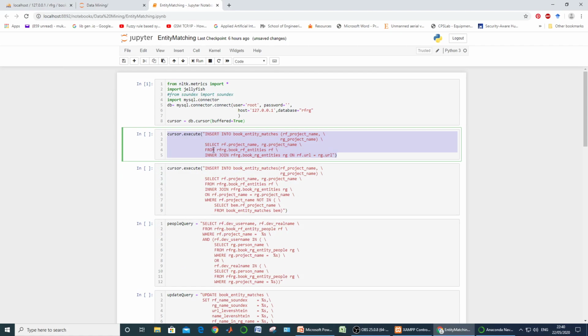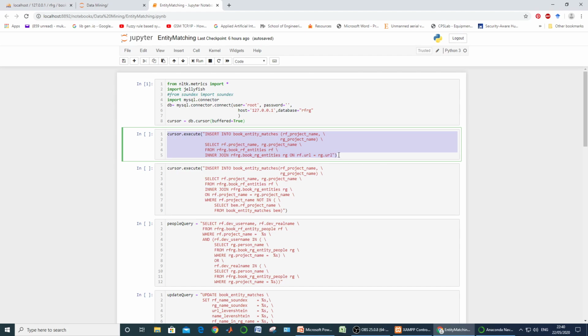So this is for the first one, means we need to insert into the resultant book entity matches the project name from RF and the project name from RG, obtained from the inner join of both these tables, book RG entities and book RF entities, on the field URL. Means we have to inner join these two tables on matching URLs, and then to extract the project name from RF and the project name from RG, and to insert into the resultant table, that is book entity matches.